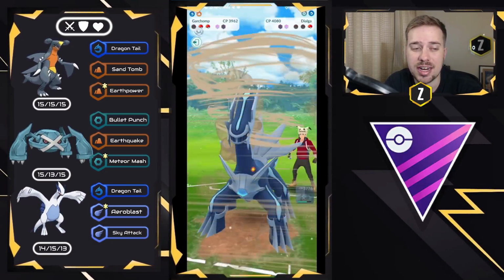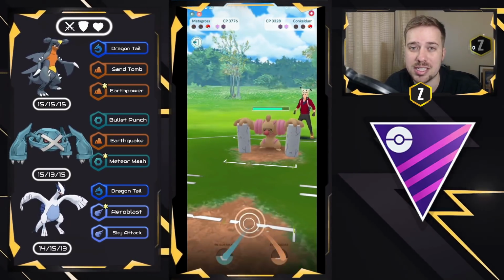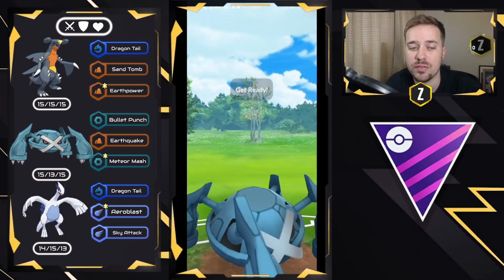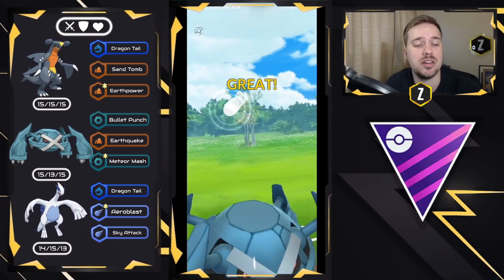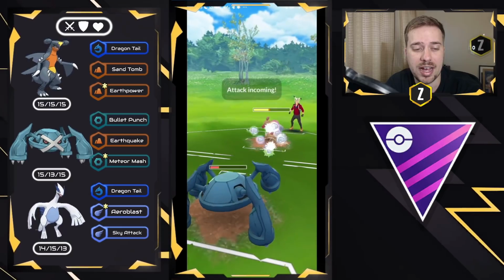So we take it out, and the final Pokemon is actually going to be a Conkeldurr, which is going to be very tough. Thankfully, we saved a ton of energy on Metagross right here, so we should be able to win the race to 2 charge moves. Both of us are building up right now. They need 2 Dynamic Punches. I need 2 Meteor Mashes. But because we came in against Dialga and farmed down pretty hard, we might be able to actually win this